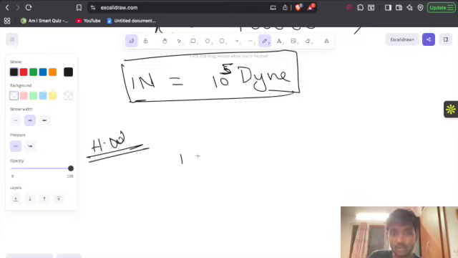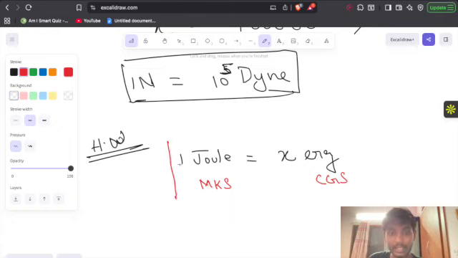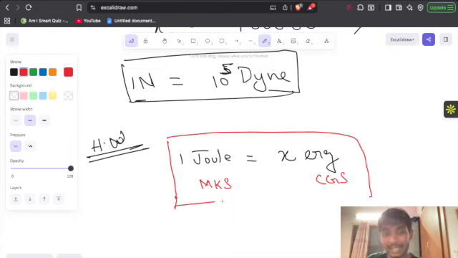1 joule. Joule is the unit of energy. Okay, so in my previous video I've derived the dimensional formula for energy. You can go have a look at it so that you can understand how to do that. 1 joule is equal to how many erg. So joule is the SI unit of energy in terms of MKS system, and erg is the unit in terms of CGS system. So you can go and have a look at how to derive the dimensional formula for energy, and then find the conversion factor for this. Okay, so you can take this as homework